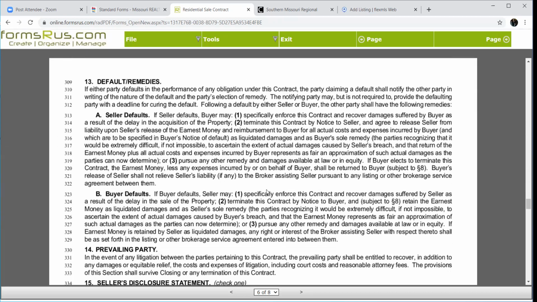All right, default and remedies. Hopefully we don't get to this situation, but unfortunately you probably will at some point. We've got a buyer and a seller, everybody's agreed, we've got inspections done, and we're supposed to close tomorrow. Seller gets a call today that their job in Tulsa just got eliminated, that they're not going to move after all. And they decide today, you know what? We're just not going to move. We're not going to sell. Sorry about your buyers, but we're out.